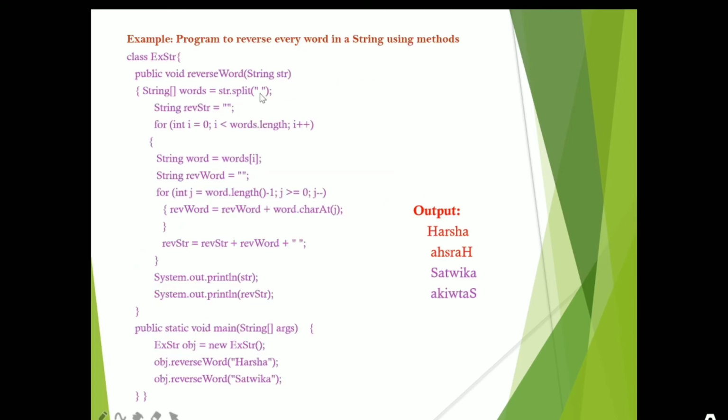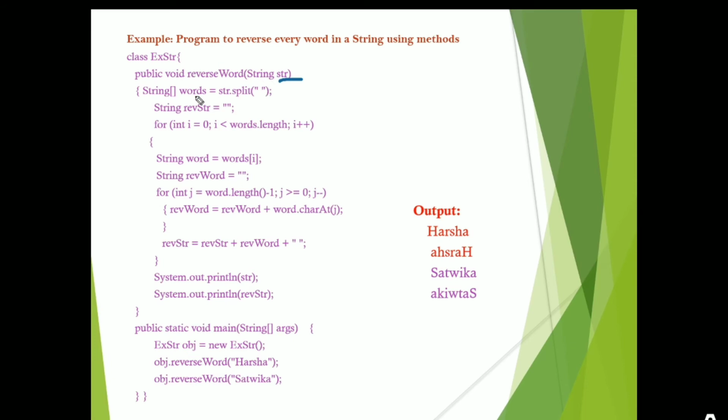And this is another program which reverses every word in the string using different methods. Reversing the text we assigned, here we write one method, void reverseWord. We pass one string that can be reversed. Here we create the words array, which is split where there is a space into different words in the string str, and stored into the words array.